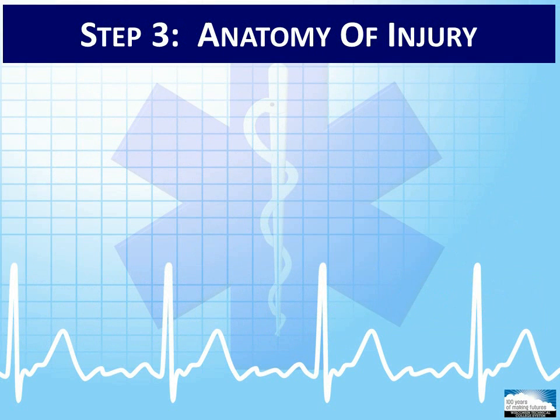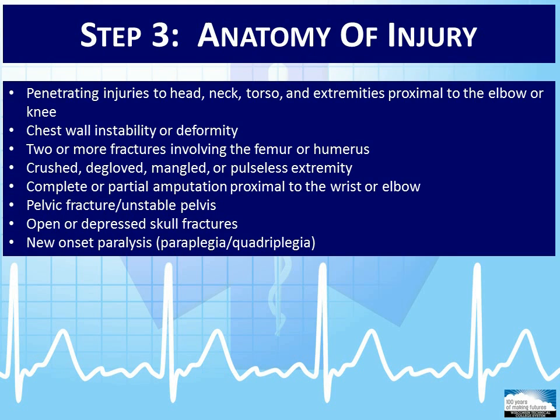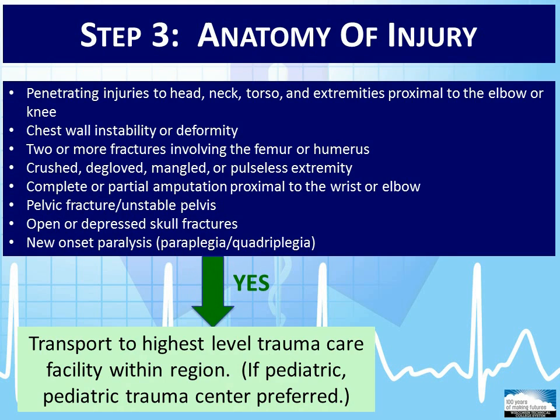Assuming the patient's vital signs and level of consciousness are acceptable, the injury itself should be evaluated. Given the nature of certain injuries, transportation of the patient to the highest available trauma facility is prudent. As before, if the patient is pediatric, a pediatric trauma center is preferable. The list of these injuries include penetrating injuries to head, neck, torso, and extremities proximal to the elbow or knee,